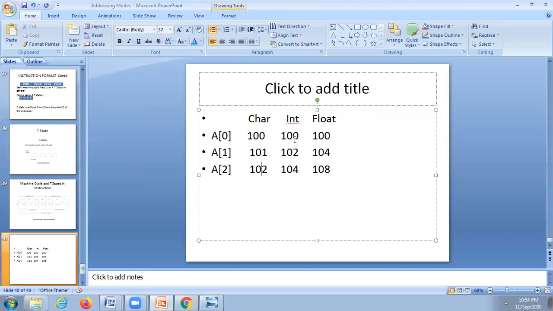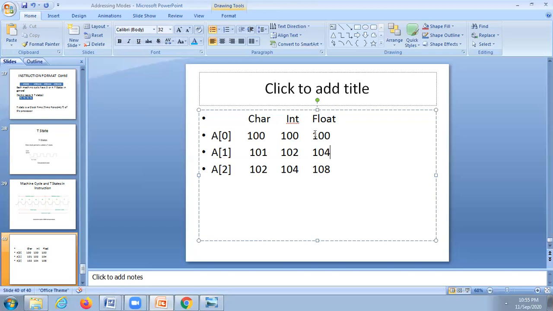In the case of integer, 100, 102, and 104. In the case of float, 100, 104, and 108. So here the increment is 1 for each element, here it is incremented by 2, and here by 4 at once.